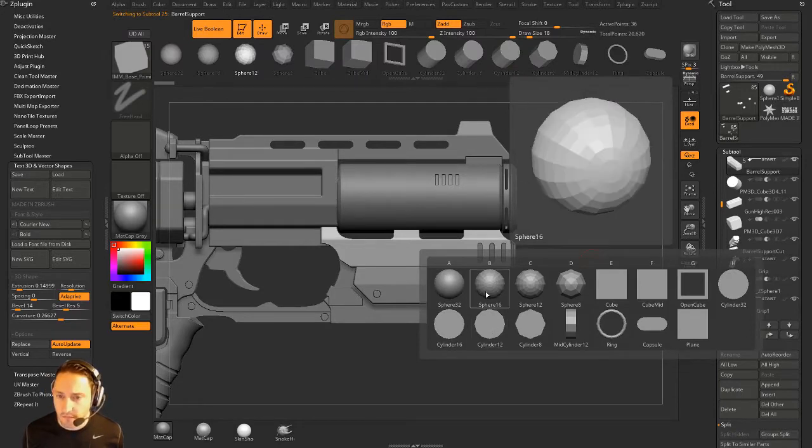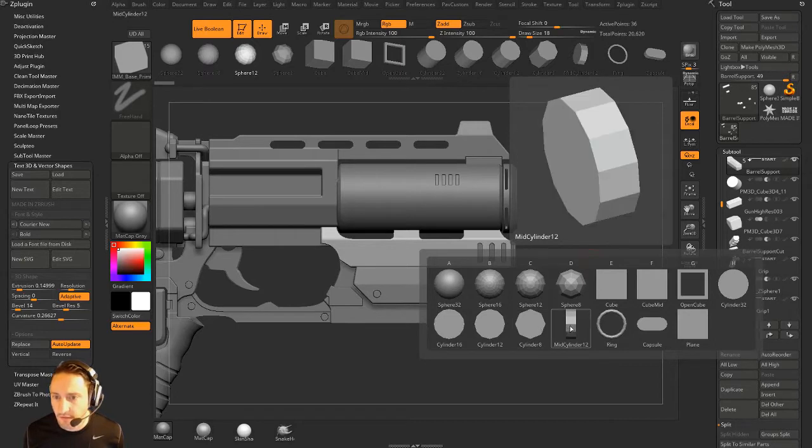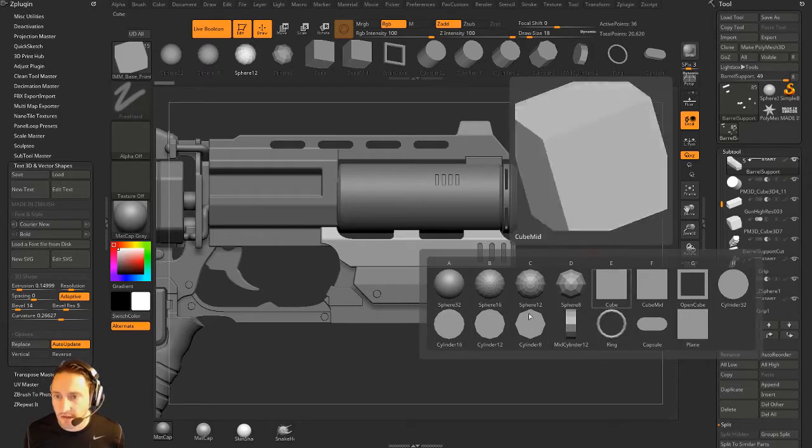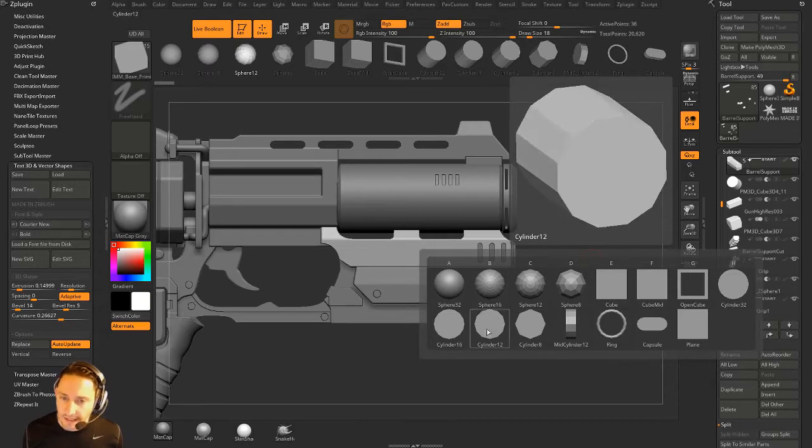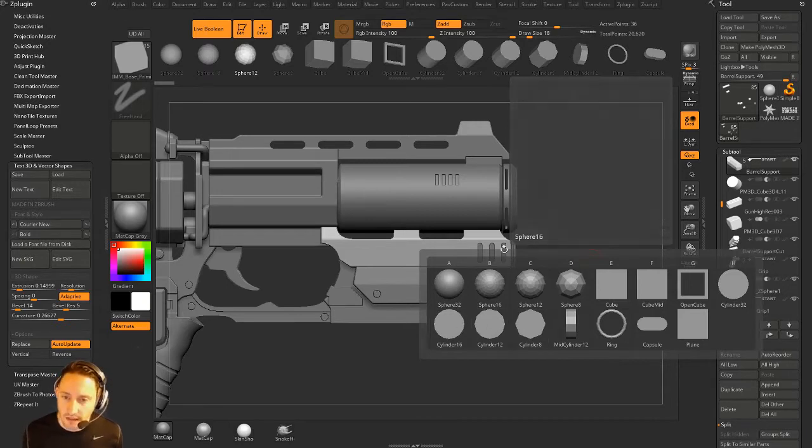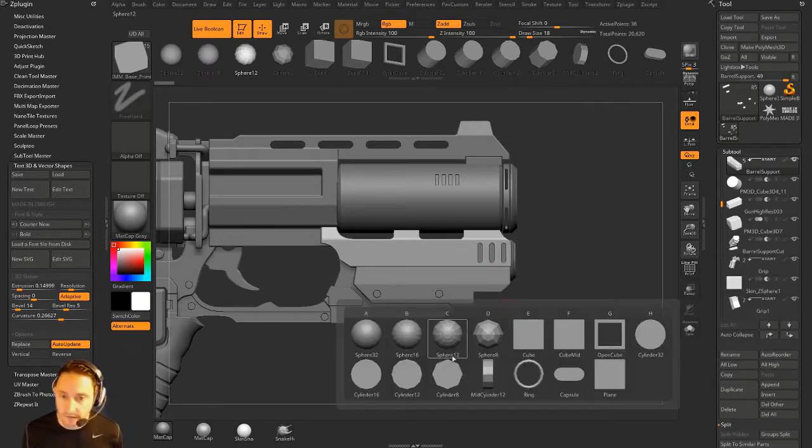This is just a bunch of primitives in here. So I got a sphere 16, sphere 12, sphere 8. We've got a ring. We've got a cylinder that's pointed towards me this way. We've got 8, 12, 16, and 32 cylinder here. I like 8, 12, 16, 24, and 32 because, for example, if I go in here and grab a cylinder